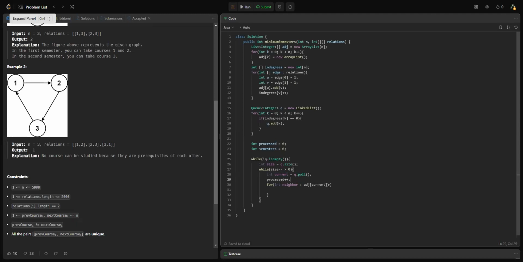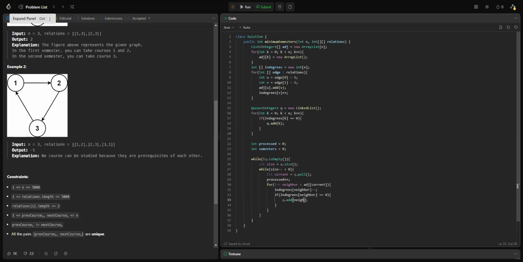So current we pull, we increase our process, we go through the neighbors, and in degrees of neighbor minus minus, right? And then we check if in degrees of the neighbor is equal to zero. If it is, then we add the neighbor